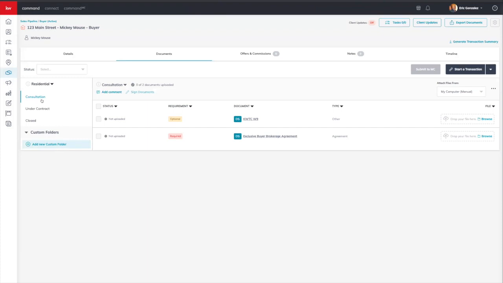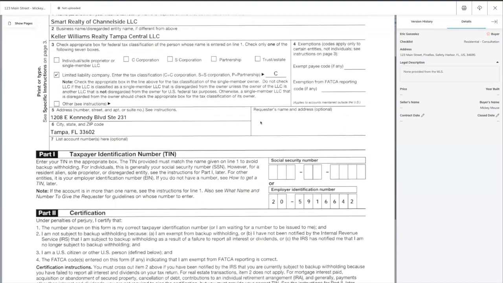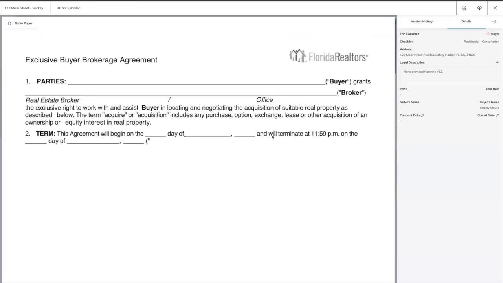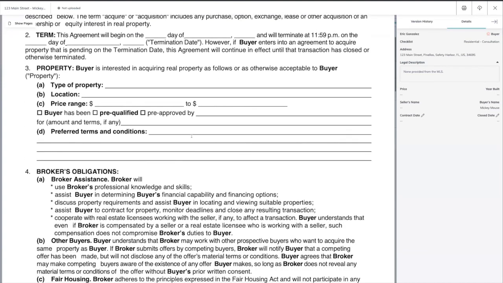And I'm going to go here, and then we have a couple of different folders on the left-hand side. On this folder here, you'll have our copy of our W-9. So if you click there, it'll give you a copy of that. So if you ever need it, it's there. And then you're going to have the buyer brokerage agreement. So this is an agreement between you and your buyer that they're going to buy from you, and they'll